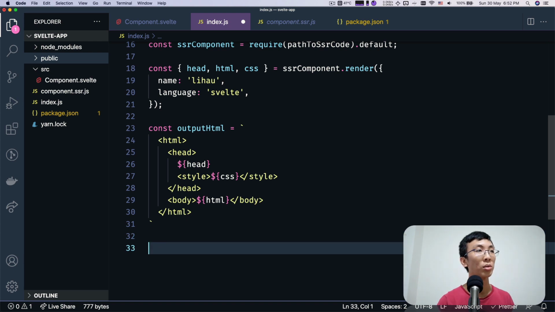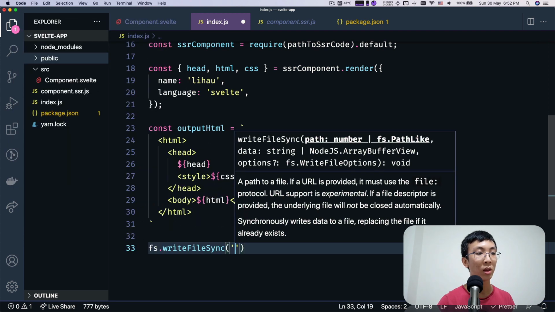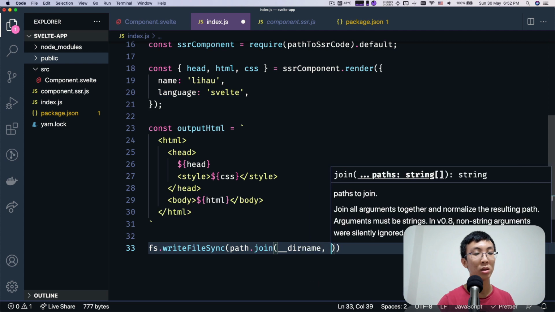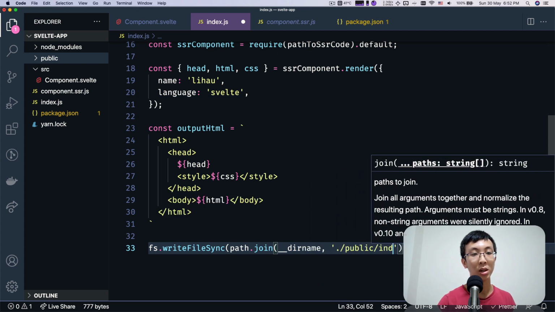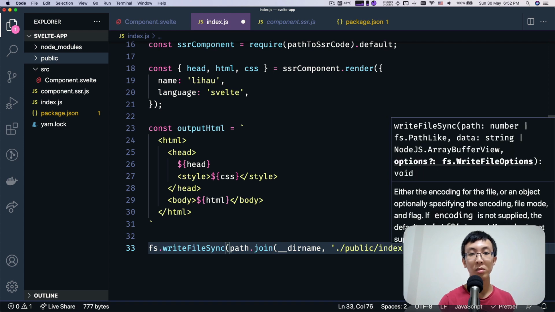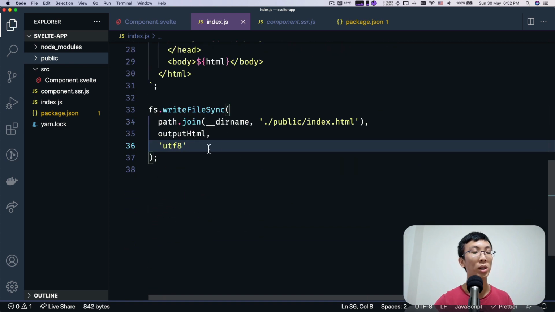So I'm gonna do that now. So writeFileSync, path.join, public, index.html, content. Alright, so we're gonna write this into an HTML file, index.html.